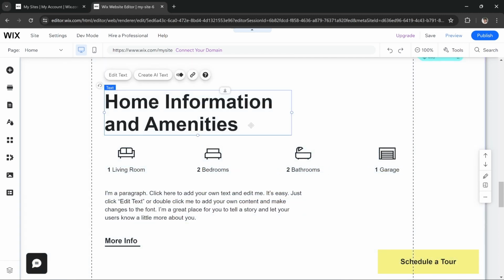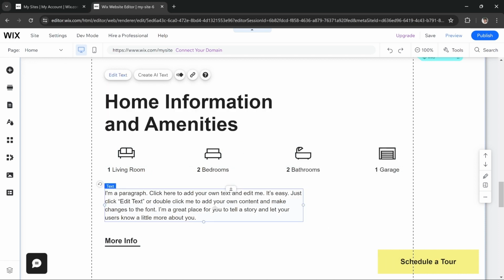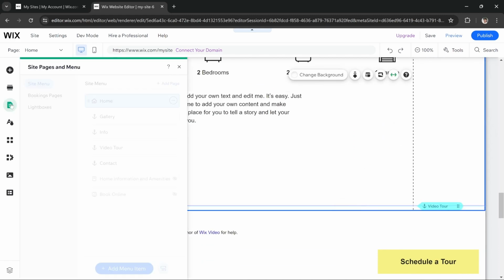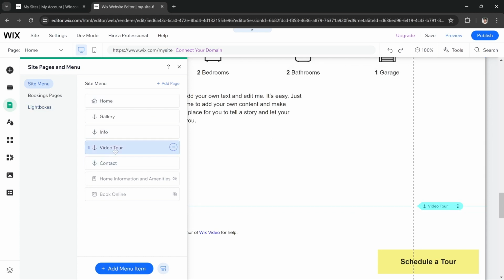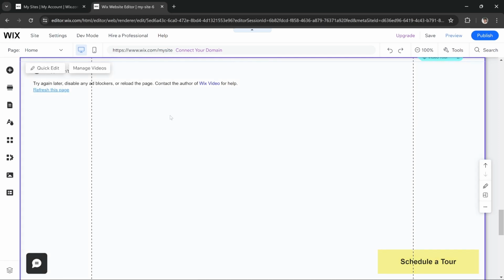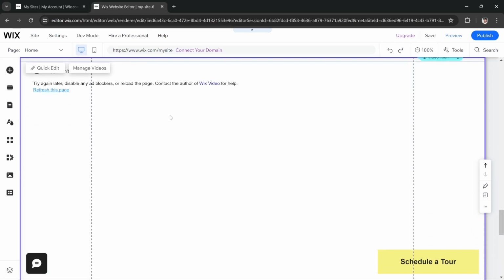If you want to edit it, double click and type anything you like and you can customize it. Or you can customize this one, anything you like. Then to customize the next page, press pages and press video tour. Here you can add videos so that your client can see videos of your property. It isn't loaded up yet, but you can refresh it, and once it's loaded you can add your